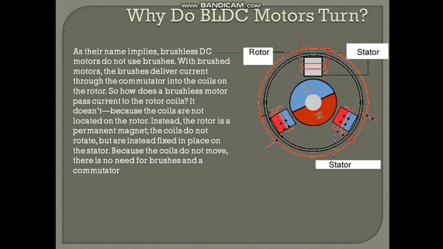With brushed motors, rotation is achieved by controlling the magnetic fields generated by the coils on the rotor, while the magnetic field generated by the stationary magnets remains fixed. To change the rotation speed, you change the voltage for the coils. With the BLDC motor, it is the permanent magnet that rotates. Rotation is achieved by changing the direction of the magnetic fields generated by the surrounding stationary coils. To control the rotation, you adjust the magnitude and direction of the current into these coils.